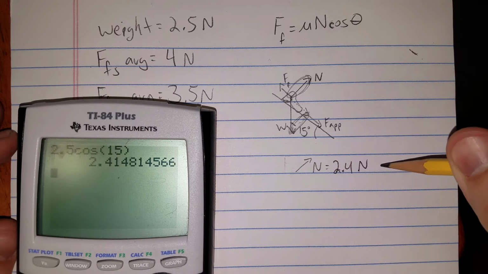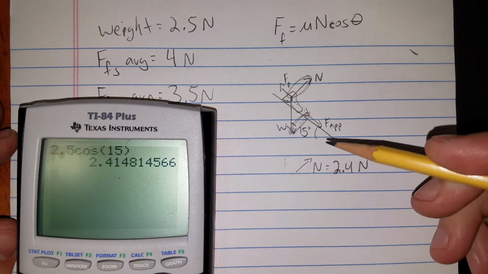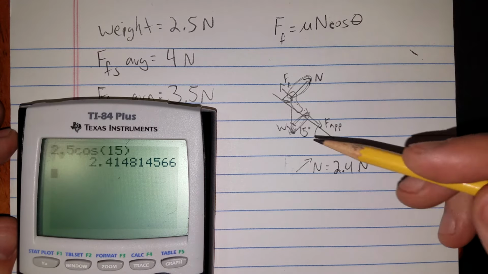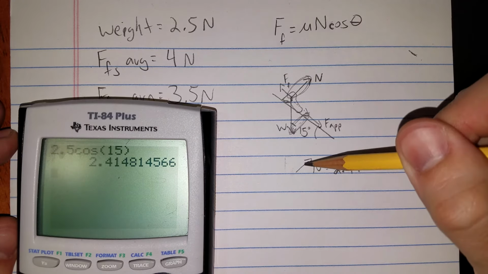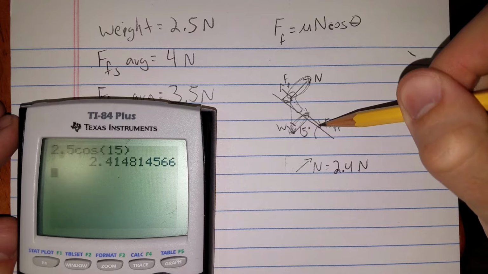All right. So our normal force is 2.4 newtons. It's a little bit less than the weight of the shoe. It's not that big of an angle, right? It's close to flat, not that much of an angle. So here's our normal force. We also have though the applied force. Now remember,